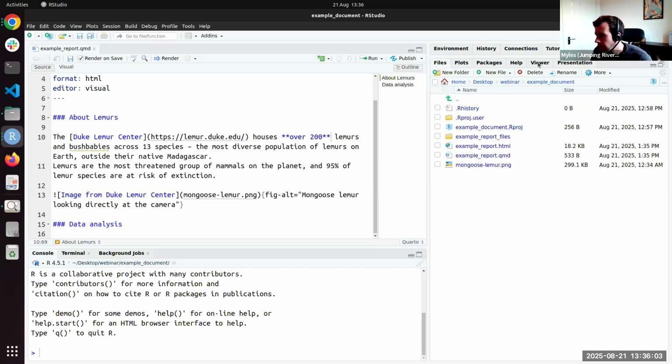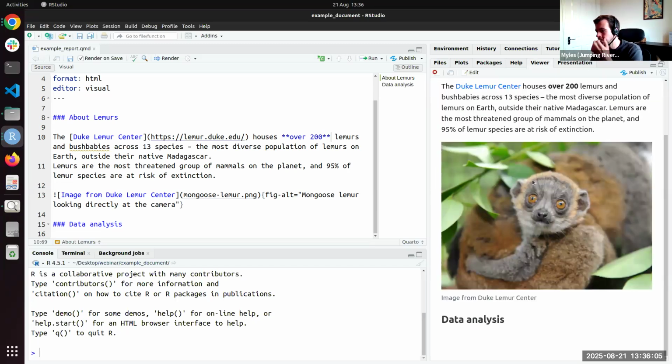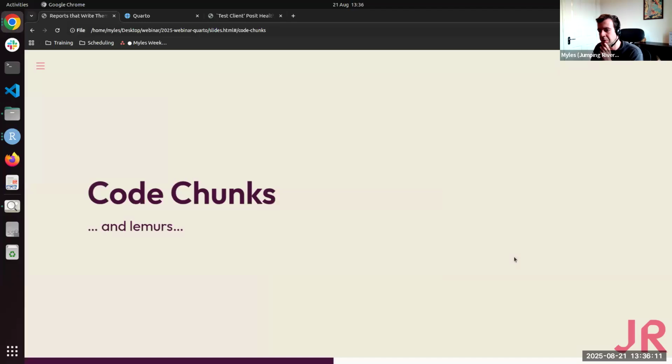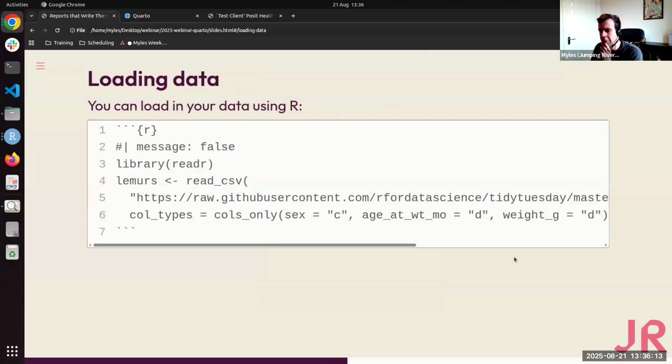Okay, so I've got my example Quarto document, which looks great. I'll just go through some guidelines for inserting code into this as well. So if you want to add code chunks to a document, let's say, for example, you want to have some data analysis in the report. So you want to have some plots and tables which have been produced using R. The way that we'll insert that is by using an R code chunk.